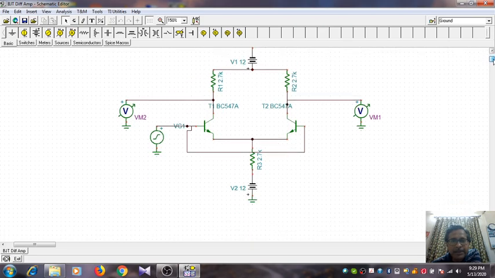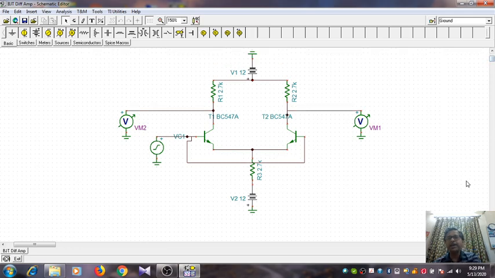So in this experiment, what you have done, the last portion is as regards the computation of the CMRR, common mode rejection ratio. That is AD by AC. So here if you do it, what value you get? The value that you get is 88.5 divided by 0.5. So the absolute value is 177. AD is the value of 88.5, AC is the value of 0.5. So their ratio gives me 177.